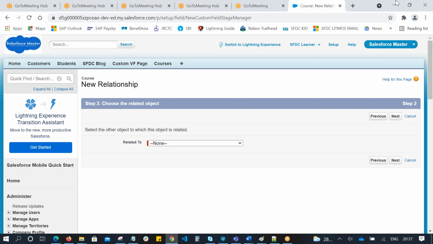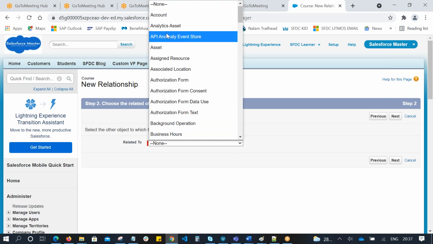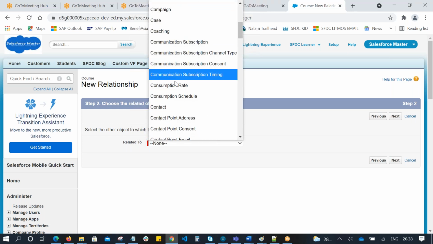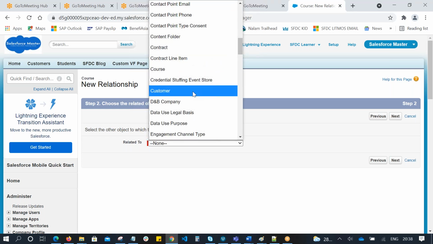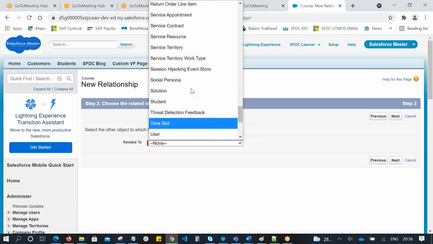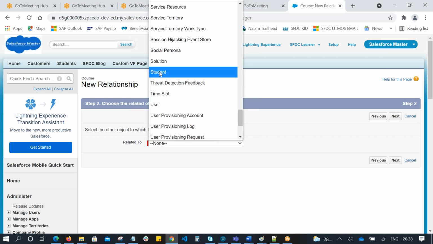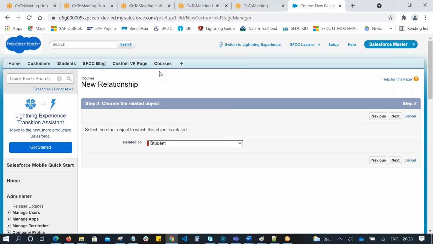In this drop down, you can see all the standard objects and custom objects. You have to select the relevant object. Here I need to select the student object. Related to student object, click on next.